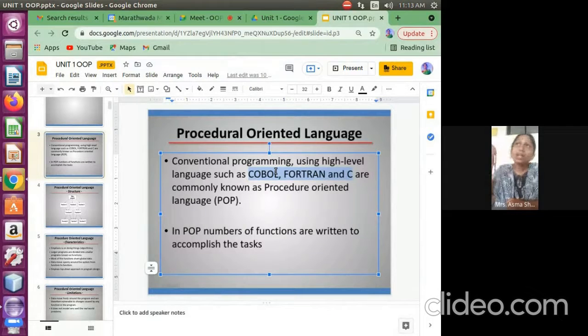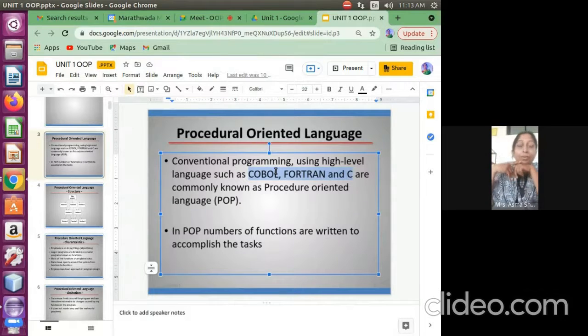After that, a new kind of language came into the picture, that is the high level language. Procedural oriented programming is a high level language. High level means it is understandable and very easy for the programmer to write. If you understand Python, we write print.